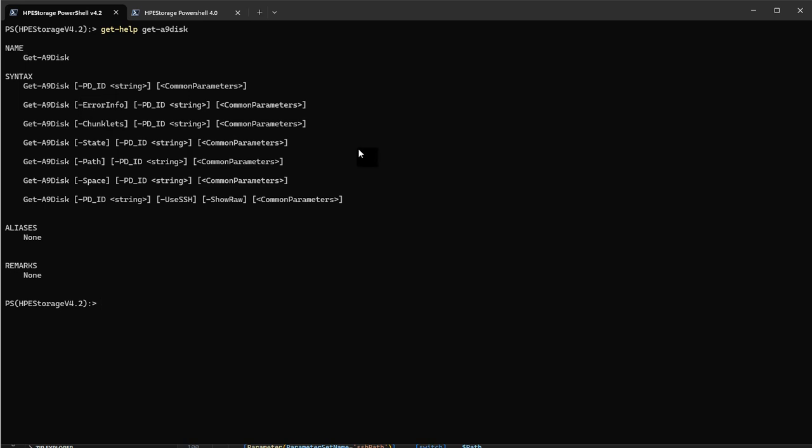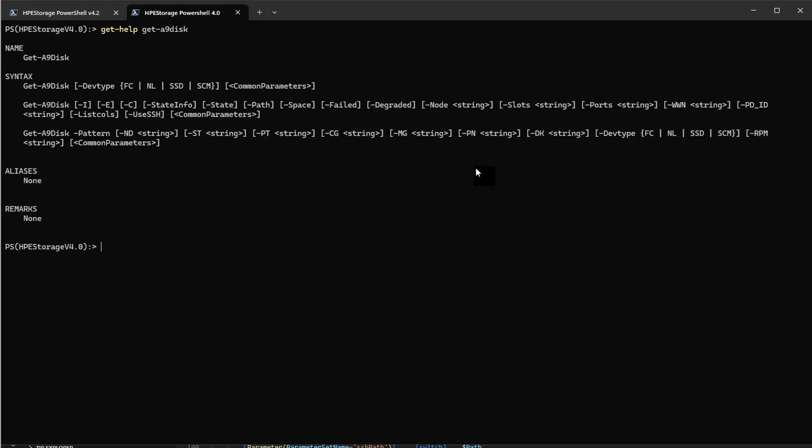And more importantly, we've separated them out so that you can't run chunklet and state together, because on the SSL or on the SSH connection, you couldn't do that in CLI either. So we've actually separated these out to make sure that the commandlets always work. And you can't choose invalid parameter sets. And another example of that is if I run on the old commandlets, if I run get-help,